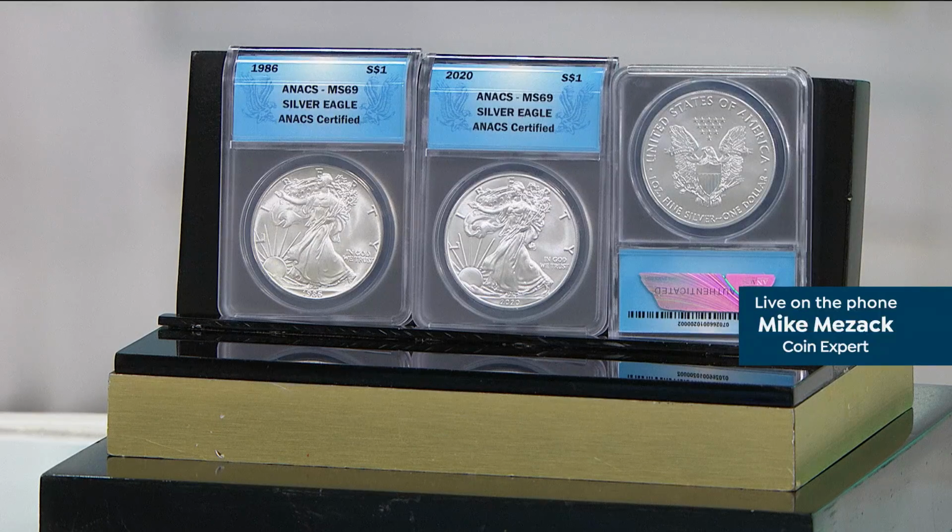So here I'm giving you the opportunity with an AutoShip to get every single solitary American Silver Eagle. And we're going to start you with the first and the last. This is going to be the very first year of issue, 1986, and the very now last year of issue of the heraldic design. They're going to keep making the American Silver Eagle, but it's a complete redesign. So the heraldic eagle American Silver Eagle, this is the bookends. This is the beginning and the end. The alpha and omega, if you will, is exactly what you're looking at with